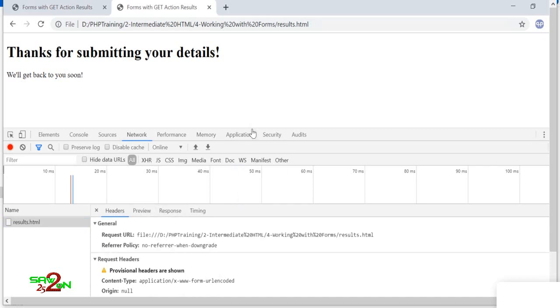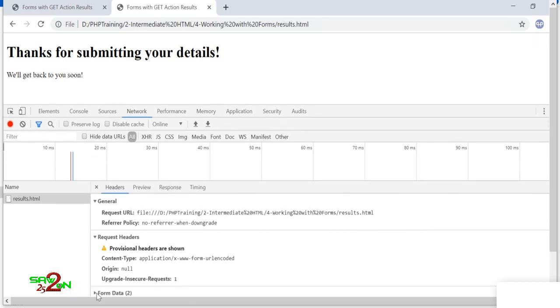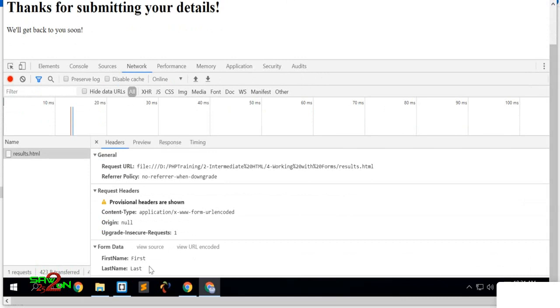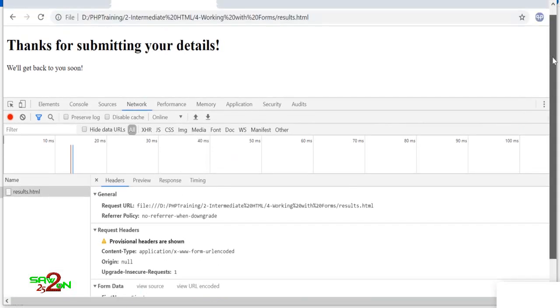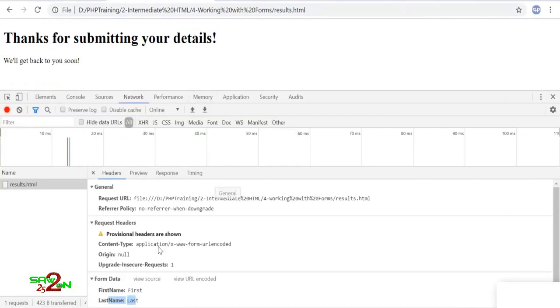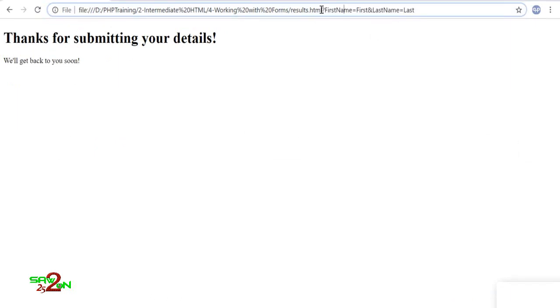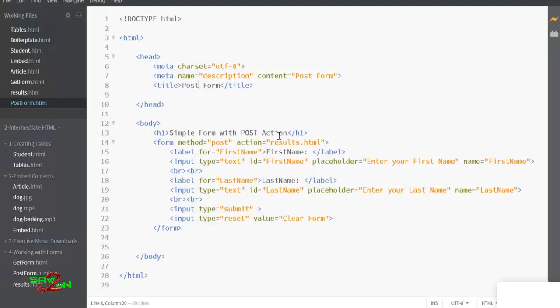Let's open that up. If you open up the form data, you should be able to see the first name and the last name. So with post it is sending in the header, but when you use get, it is sending in the URL. That's the method called method post and method get. If you want to send simple text over to another page, you can use get. But if you're sending sensitive data like user ID and password or credit card numbers, you typically use post. Where you want to send the result to is done by the action attribute.